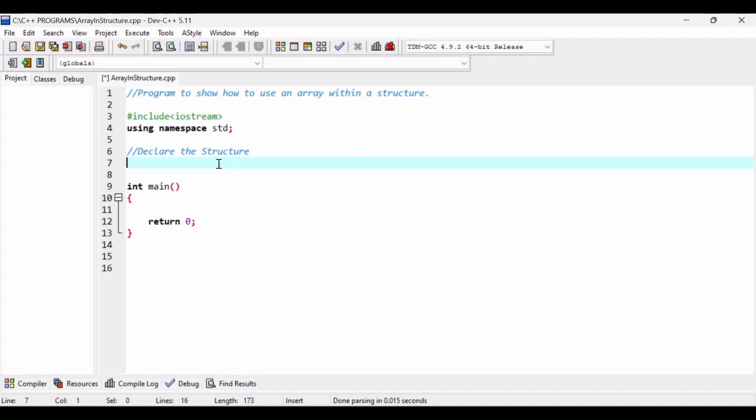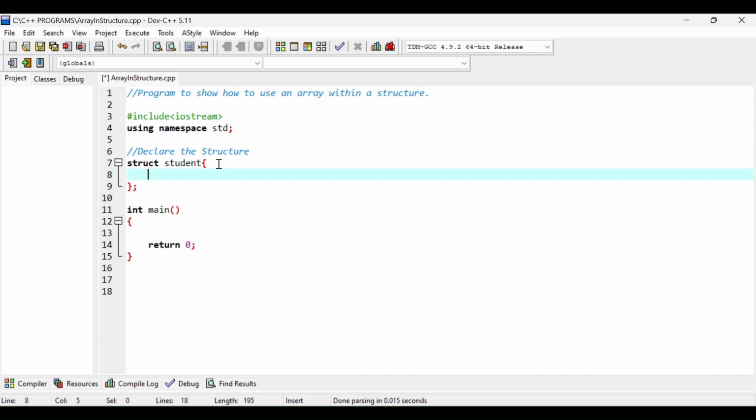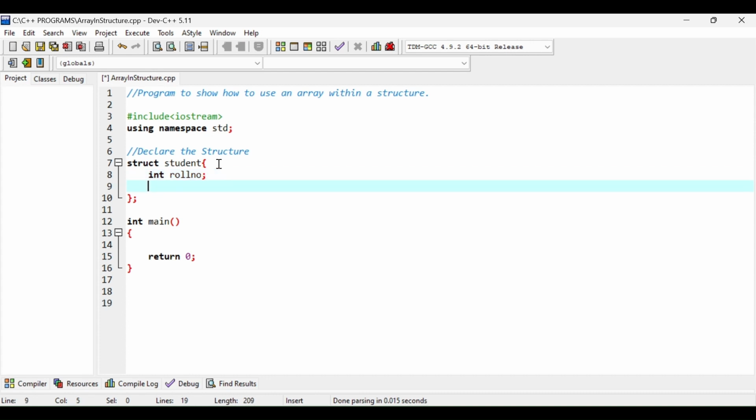Let us create a structure for students and store the details of the students. These details will be the members of the structure, and they will include roll number, name and marks. Let's begin by typing struct and give our structure the name student, then curly brackets, and inside these brackets I am going to declare my first variable as roll number, which is of integer type since roll number is a numeric entity. Then in the next step, let's create a character type array to store the name of the student. So char name[20], so it's 20 characters long.